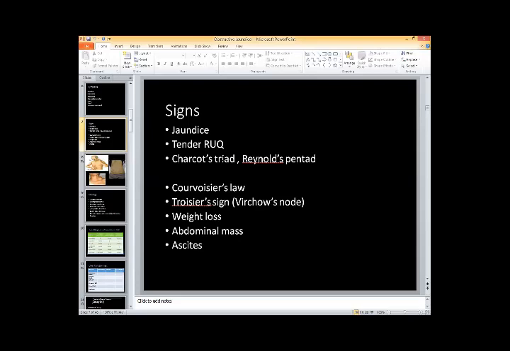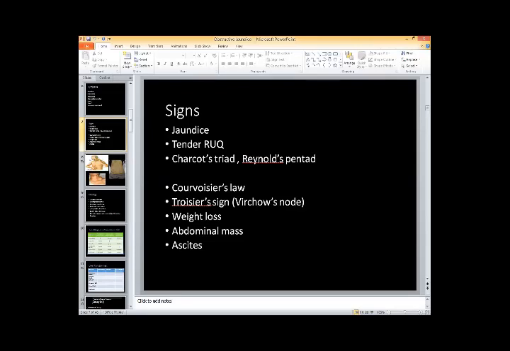Cholangitis means inflammation in the common bile duct or common hepatic duct. So if there is a blockage and there is stasis of the bile in the common bile duct, the chances of bacterial infection are high. And once there is infection of the bile which is static in the common bile duct, it will cause pain as well, and fever, and jaundice is already present. So pain, fever and jaundice is Charcot triad.